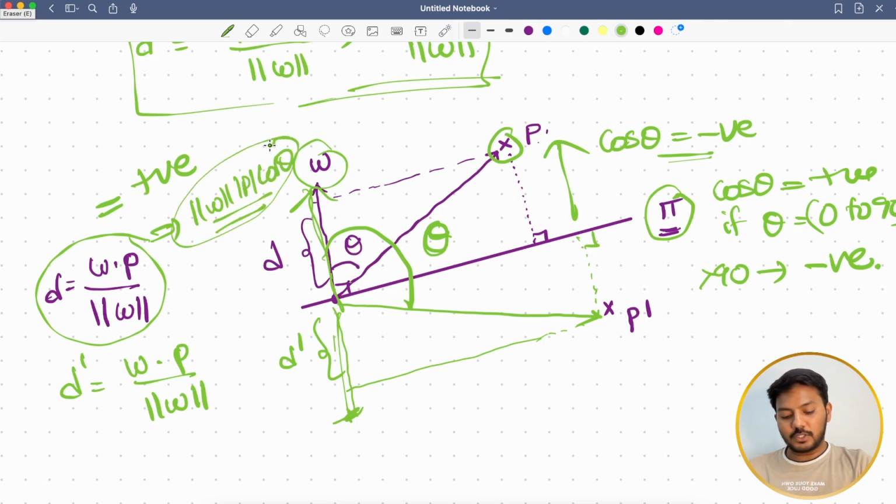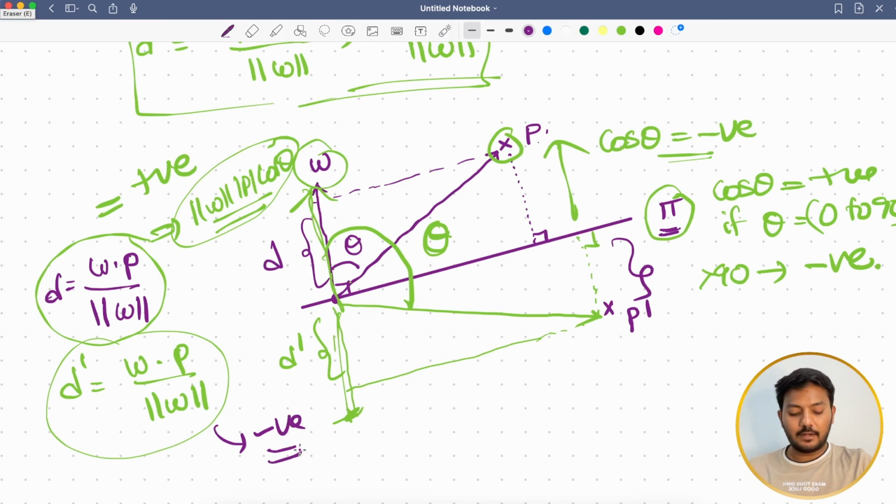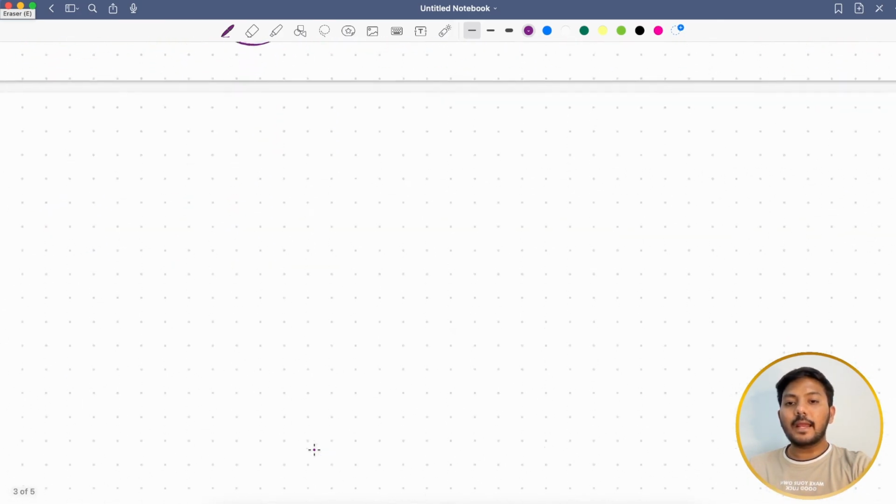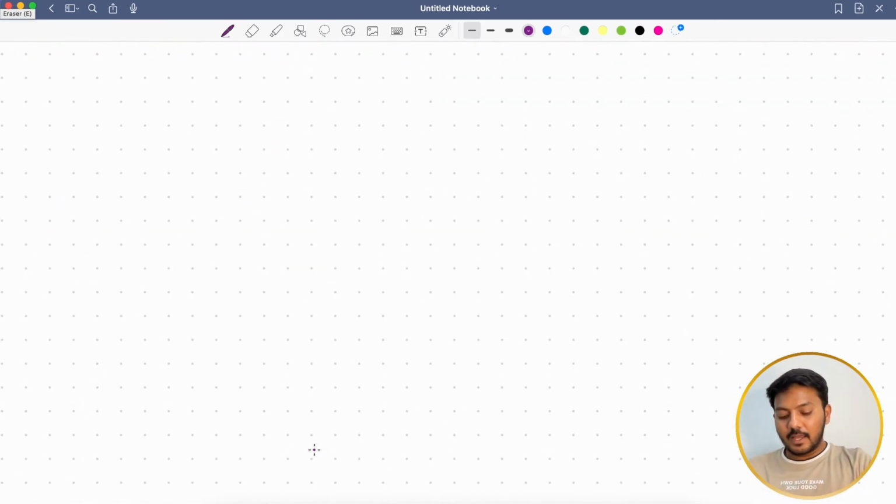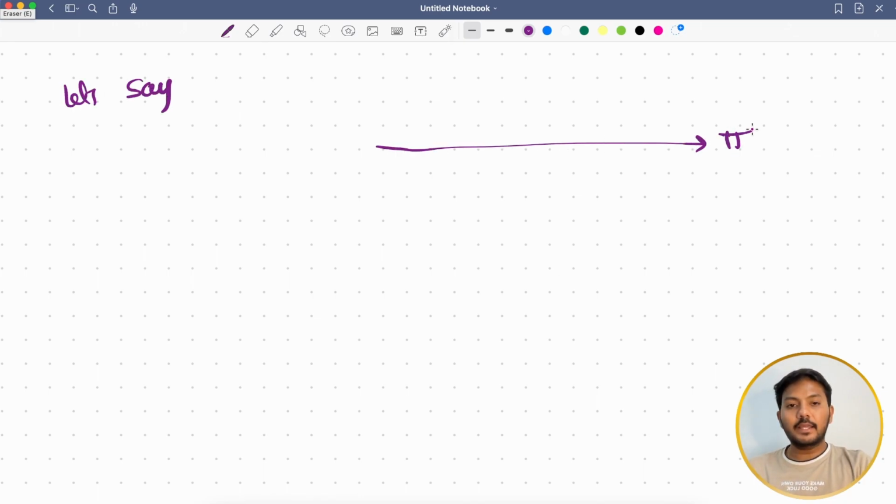So this is positive, and my d dash would be negative because it is lying on the other side of the plane. So the conclusion is something like this. Let's say I have a plane like this, which is pi, and I have multiple points on top of this one, and I have multiple points below this line,